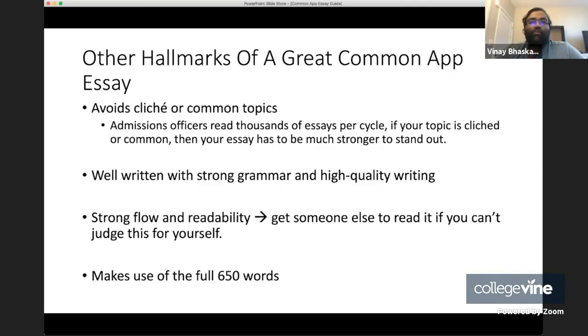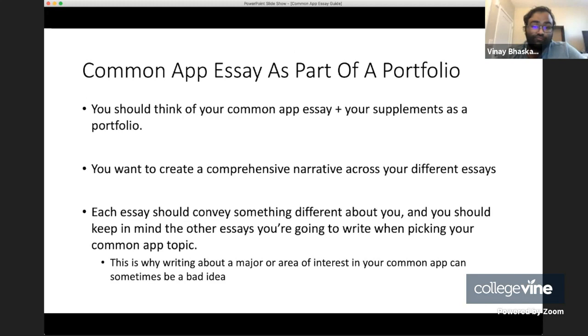But if you're writing 635 or less, chances are there's an additional sentence or something in there that could be added to improve your essay. And if you're writing like 550, you have a ton of space to add stuff.